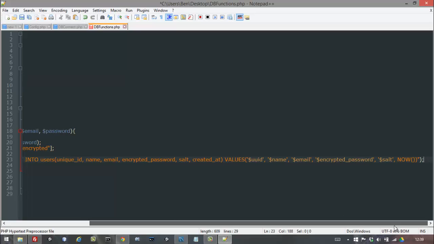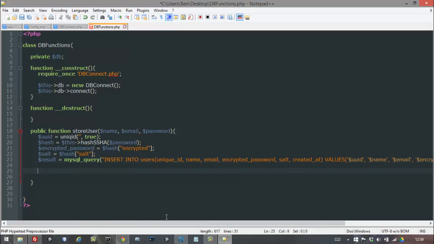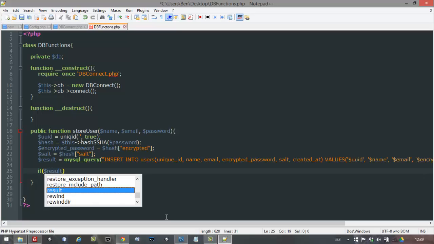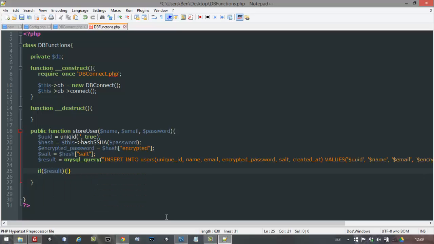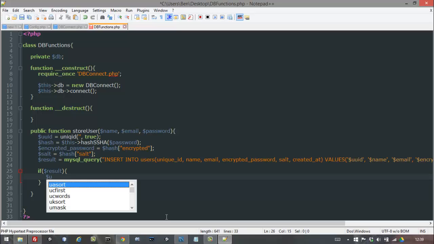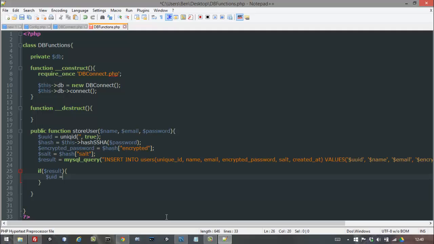I probably forgot mine. Okay, and then after that you're going to do an if statement to check if the result is either true or false, or if we got anything back at all. So if $result, then we're going to say $UID, okay, then we're going to say mysql_insert_id